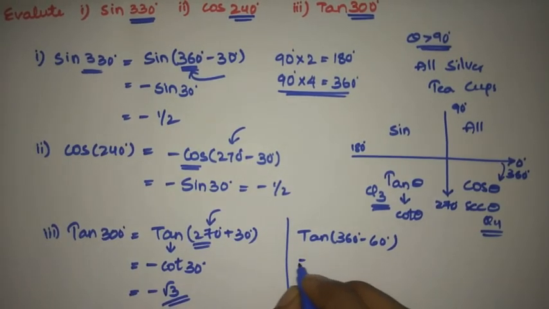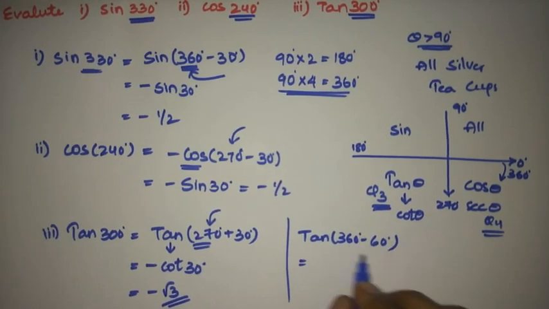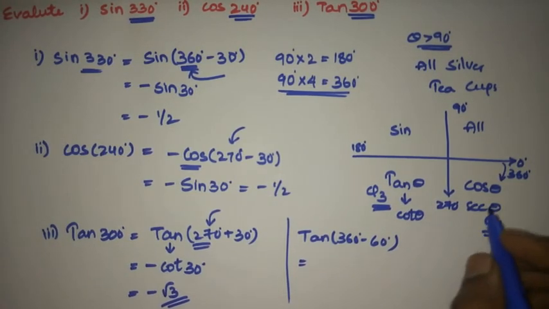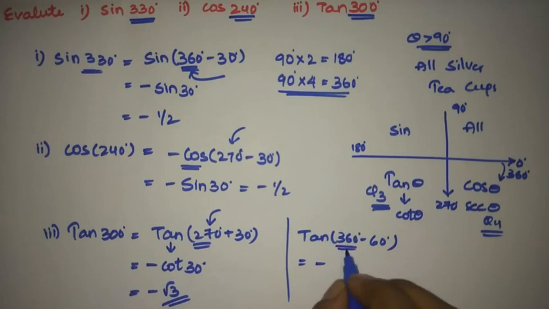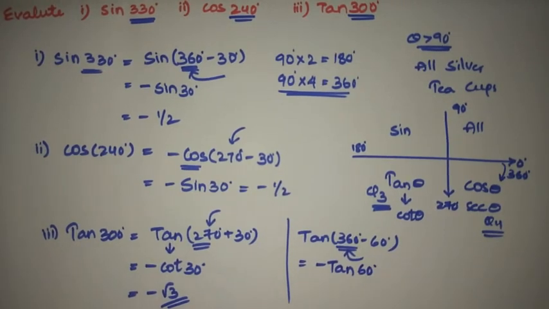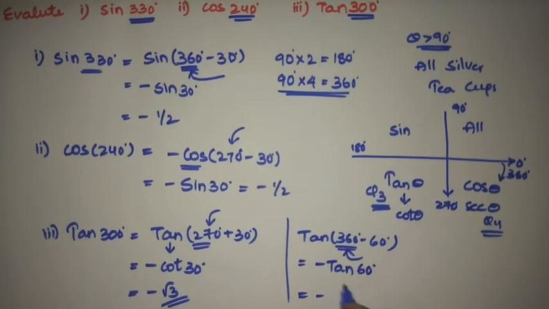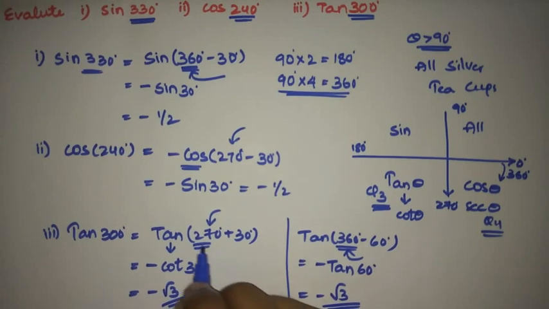Now let us check whether both will take the same value or not. So tan of 360 minus 60. This is also an angle which lies in quadrant number 4, so definitely it will be a negative value. Next, we have an even multiple of 90 here. If it is an even multiple, we should not change the trigonometric ratio. Because we have tan here, I am placing tan again. Again, whatever angle it is, we need to write it. The value we know already, tan 60 is root 3. Anyhow we write this value, the result will be the same.